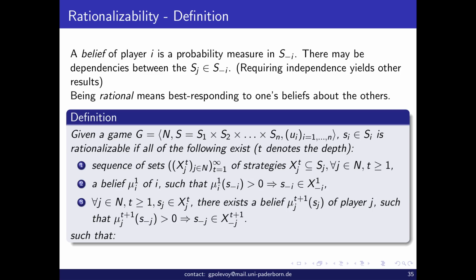So the definition is the following: given a strategic form game, a strategy of a given player is rationalizable if all the following exist. And T denotes time or depth. So we need to have a sequence of sets of strategies, and they will be the rationalizable sets. So the strategies at depth T of player J. The fact that Si is rationalizable is going to be justified by the belief mu1, excuse me, mu1, so at the first indirection step of player I,